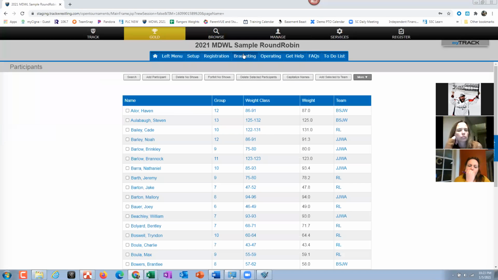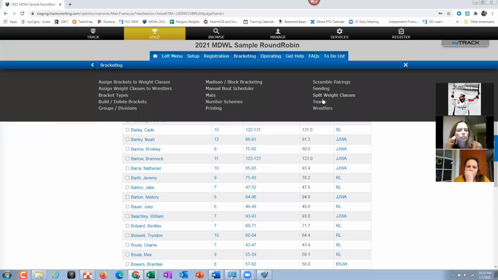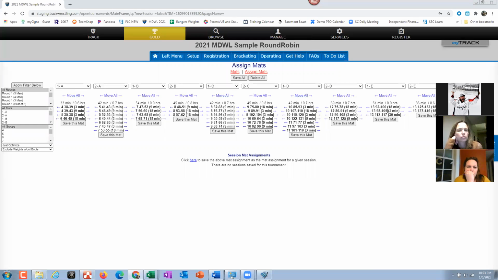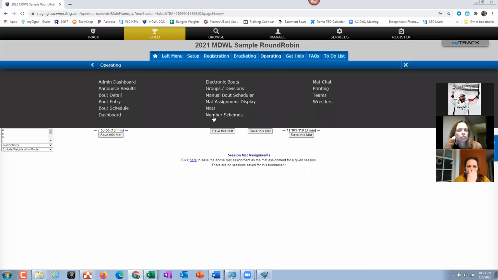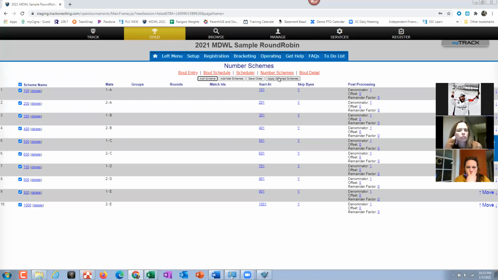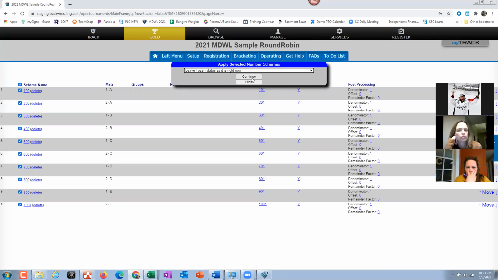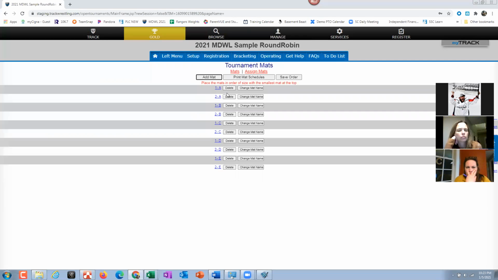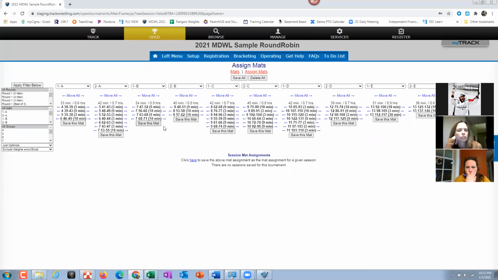Okay. But then let me go into assign mats. So they will stay on the same mat, which is good. And then you'll have to come in here and actually redo the applied schemes because now you're going to have less mats, right? And you would be able to tell. You'll start getting familiar with these weight classes just by looking at them. So I would know what weight class I just removed him from. So all of a sudden that mat gets a better time. But as long as this is saved, it won't actually shift them from one place to the other.